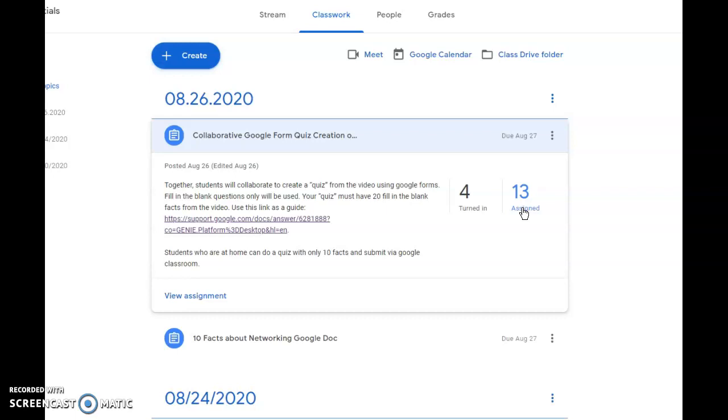During this time, I'm not going to penalize you if you turn things in a day or 2 late, or if you've been out for a while and you turn them in once you start feeling better. There's going to be no penalty for your grades. Okay, so you're going to view the assignment,